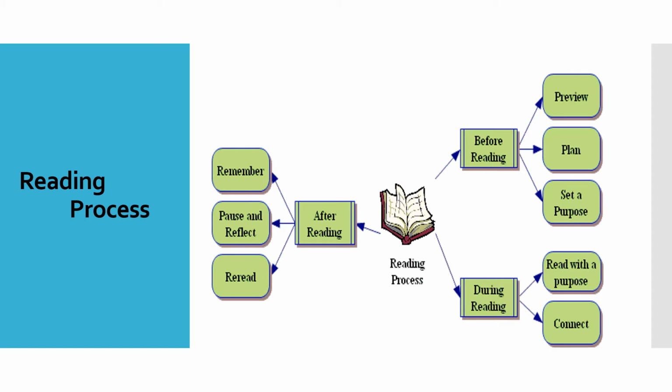So we cannot say that a text is there, you have read it and you claim to have read that particular text. No, there are a lot of factors which go into your reading process. Like you can see on the screen, before reading, what is it? Suppose I want to read a novel by Chetan Bhagat. I have read a couple before, or I have read the review. So before reading, primarily I preview, which means I had read earlier, so I know what kind of novels he writes.